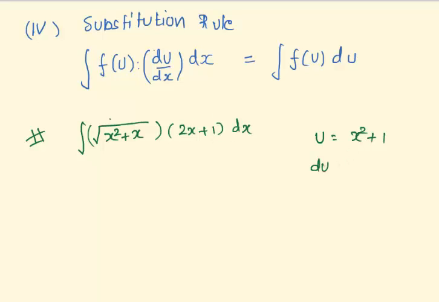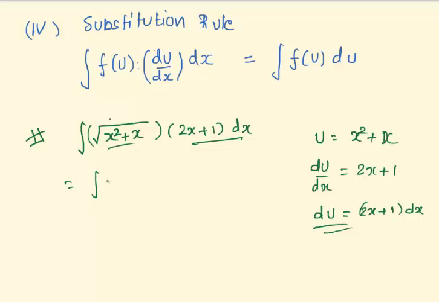Let's see, du by dx, with u equal to x square plus x, will become 2x plus 1, and you can see du is equal to 2x plus 1 dx. So this term is du, and this term is root of u. So the integration in u will be much simpler. This root u is u to the power half, so u to the power half plus 1 divided by half plus 1. You will get u to the power